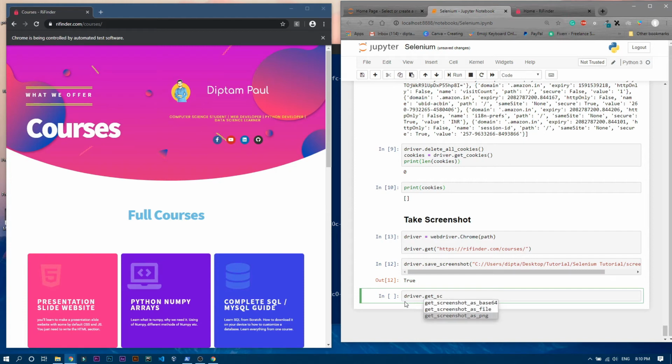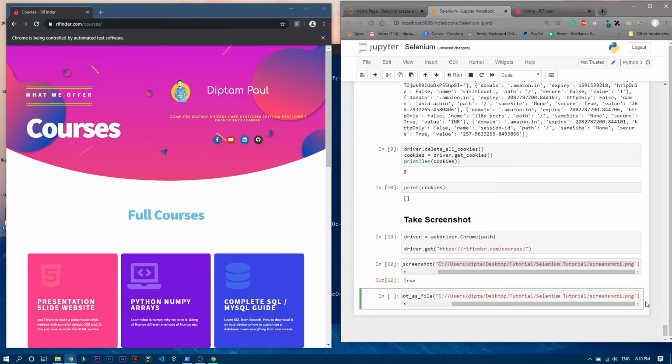So for example, if you want to save it as jpg, then you need to choose as file. And if you want to save it as png, you can obviously choose the last one. But if you choose as file, you can basically save the image in any format. So I'll choose as file, and then again I'm going to paste the path. I'll copy the path from here, and in the parentheses we're going to paste the path. And now I'm going to change the file name with